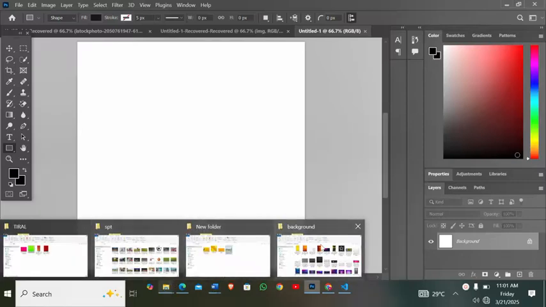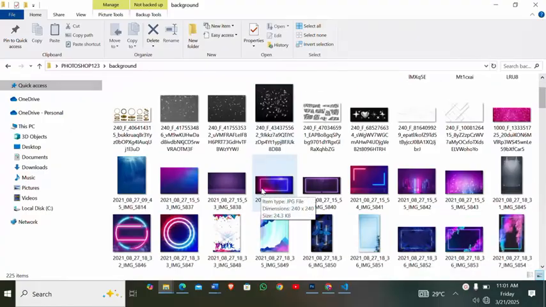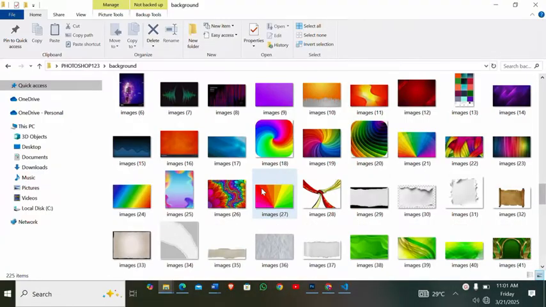Today we are going to look at how we can design a simple sports flyer as part of our studies